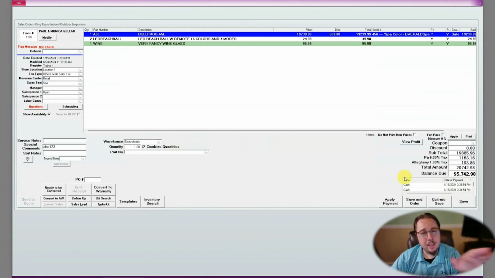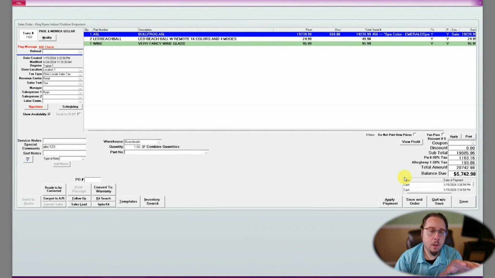Now, I can do it in AR, but it's not as clean. I really only want to send legitimate balances that I intend to collect over to AR. If I am holding a ticket, or if a ticket is not fulfilled, product hasn't left, services haven't been rendered, I want to leave it as an open sales order because I might need to change, modify, add, or subtract